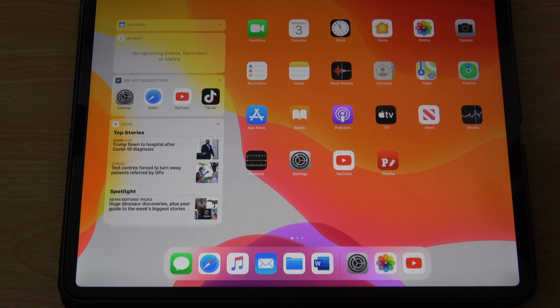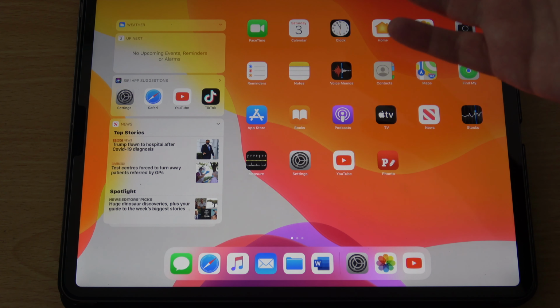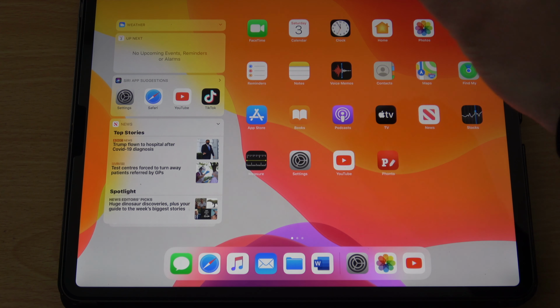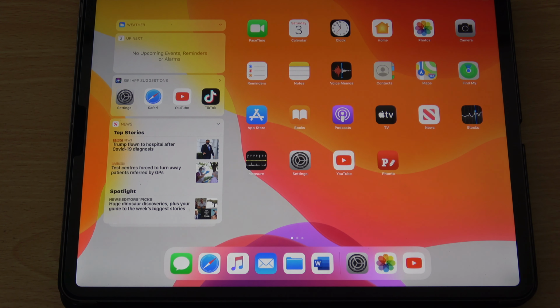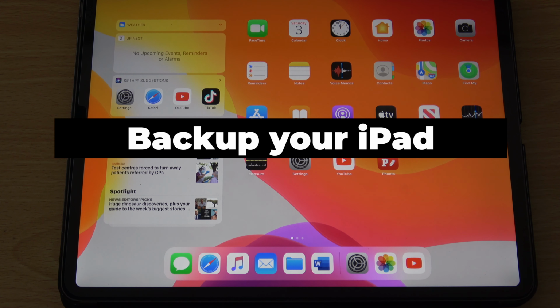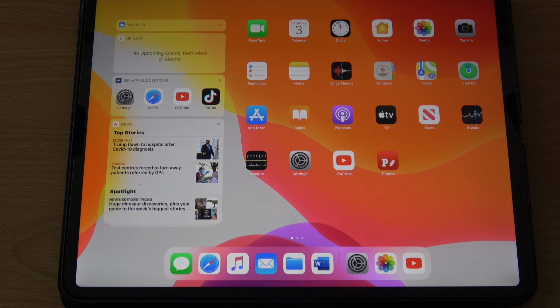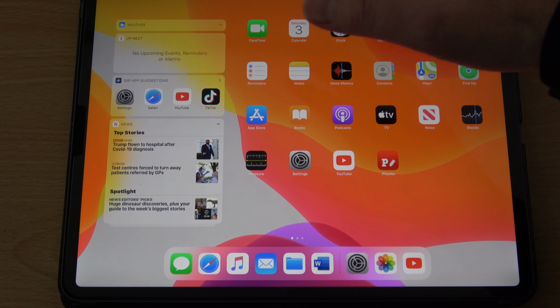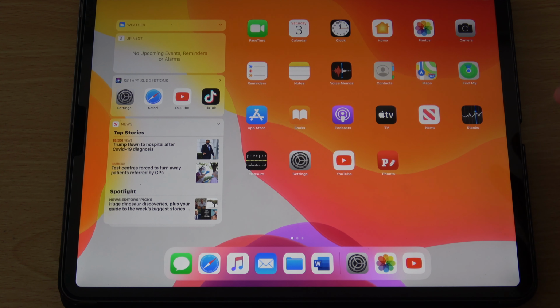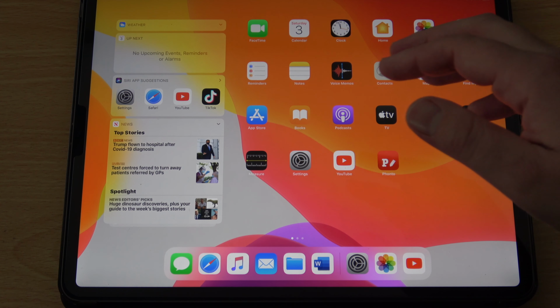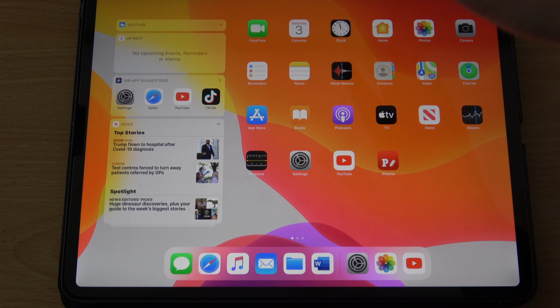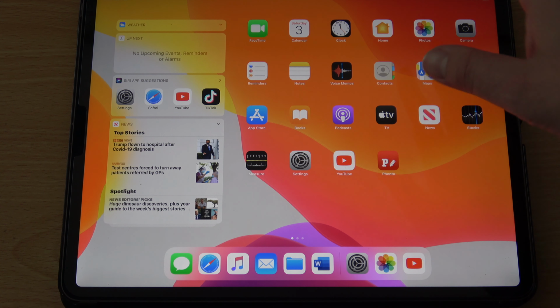So now the newest version of iPad OS 14 is out, and it's time to update my iPad. And it's something I've wanted to do for a while, but I wanted to wait until I could do it here on camera for you. Updating is really easy, but before starting, the thing you really should do first is back up your iPad. This is because there is a risk of the install not working properly the first time, so that you have to do a clean install and in the process lose everything that you had saved on it. And whilst this doesn't happen that often, it can and it does happen.